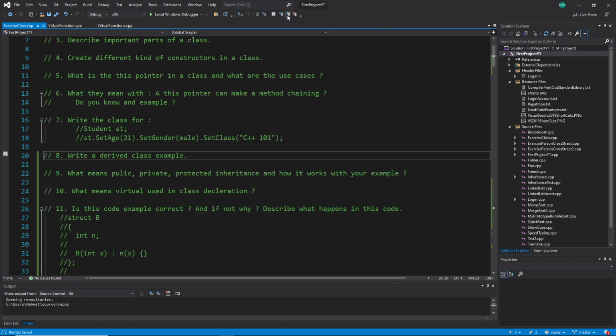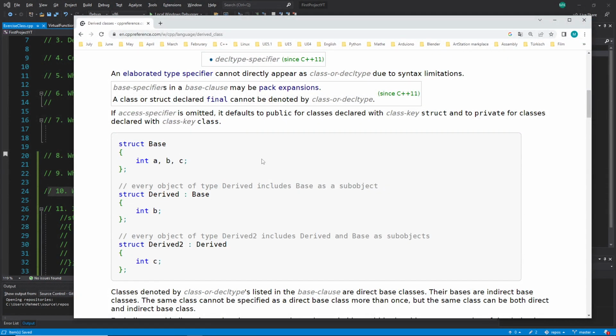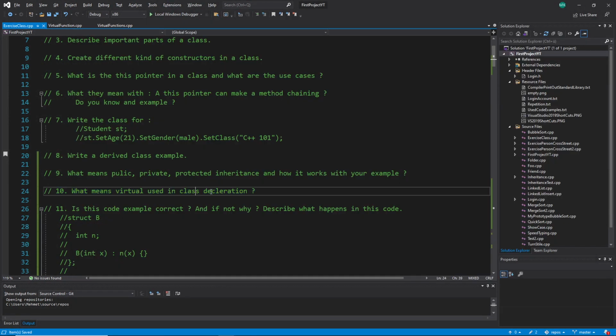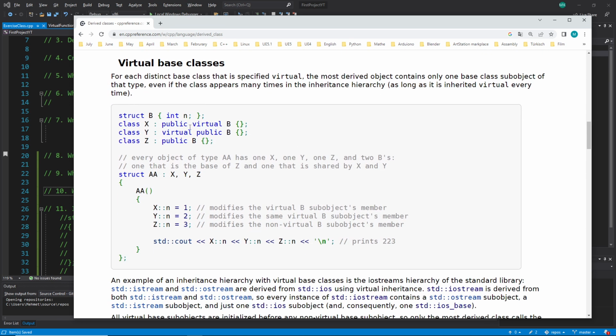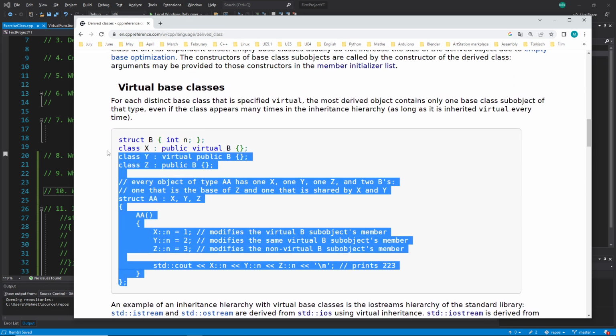All right, then let's go to the next one. It says here 10. What means virtual used in class declaration? First of all, let's watch our virtual class. I hope you already answered this question. I show you now here our virtual base class, and you can see in this example here